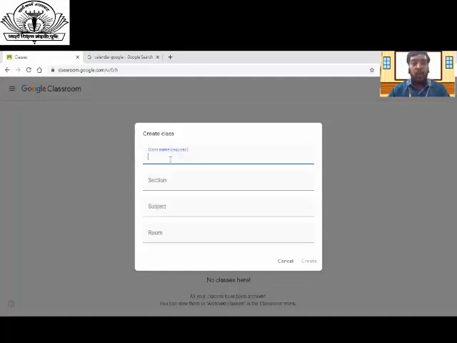Here you can give the name of the class. I will give the name like second year B.Ed 2020-21. Section, either you can enter English medium, Marathi medium separately, or you can enter both the mediums. I will put here English and Marathi medium.